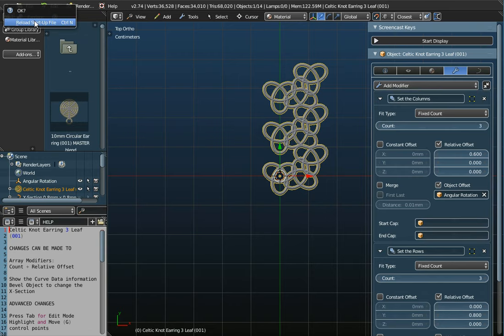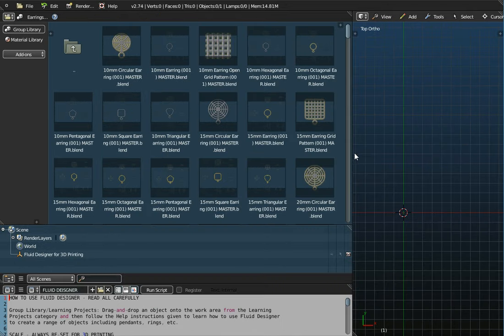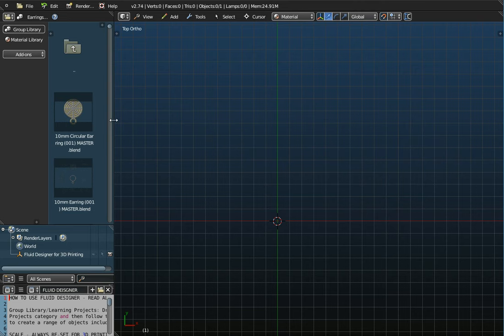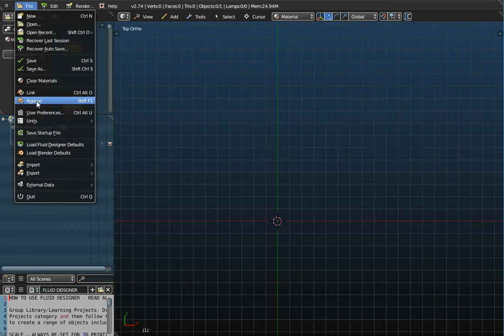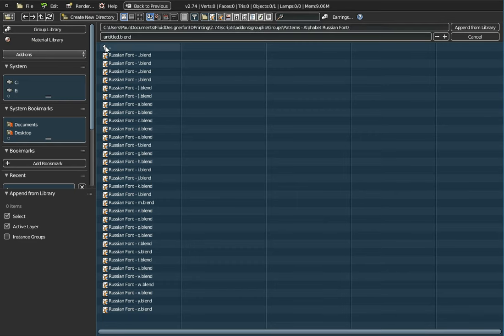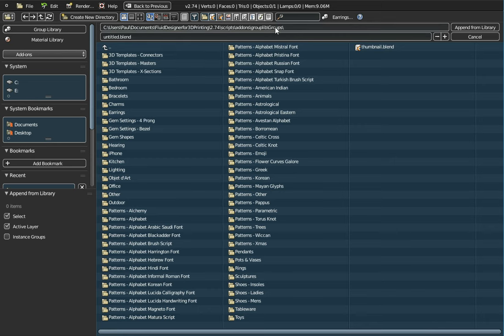So if I just go to File and New, first of all we'll move that window out of the way, and if I just open up the outliner window here, you can see it's empty more or less at the moment apart from this Fluid Designer for 3D printing file object, which doesn't in fact do anything. If I go to File and Append, and if I just go up through the menu system to the Groups folder,